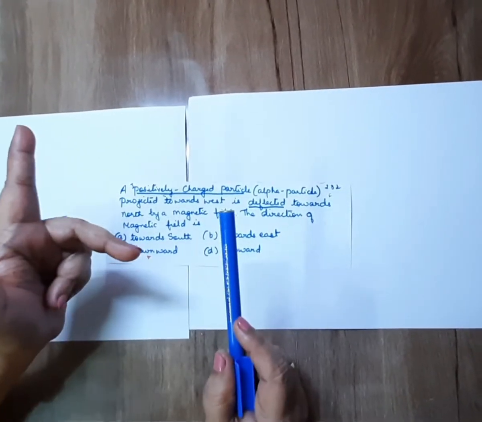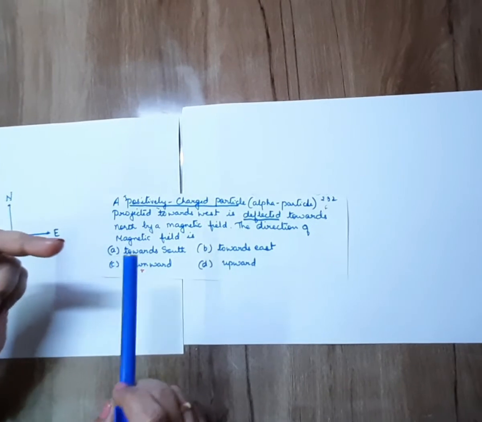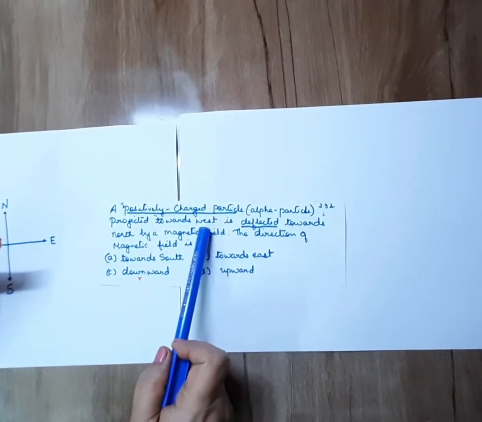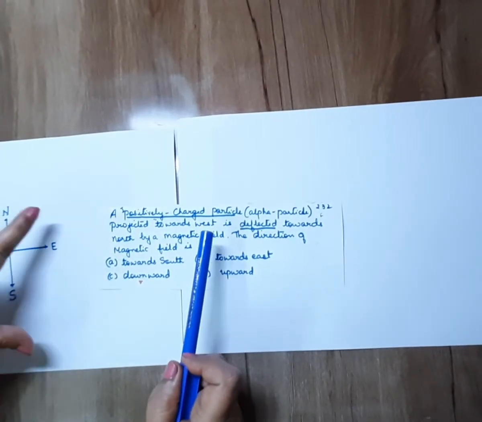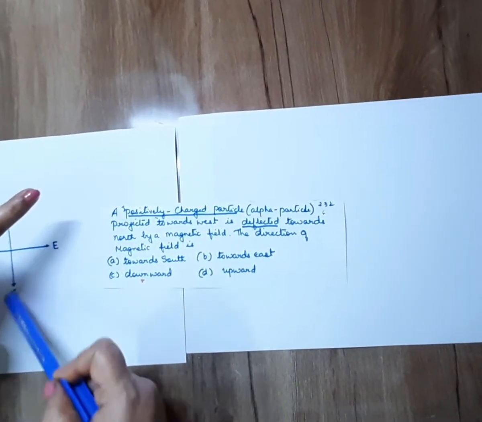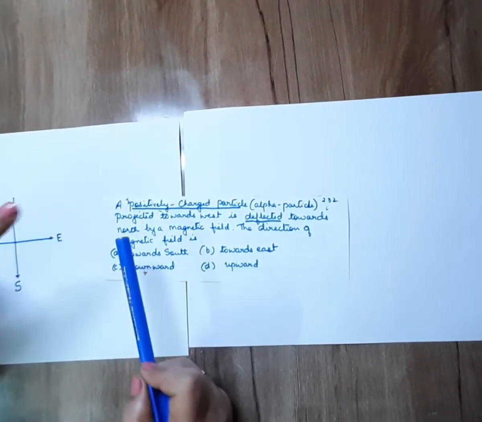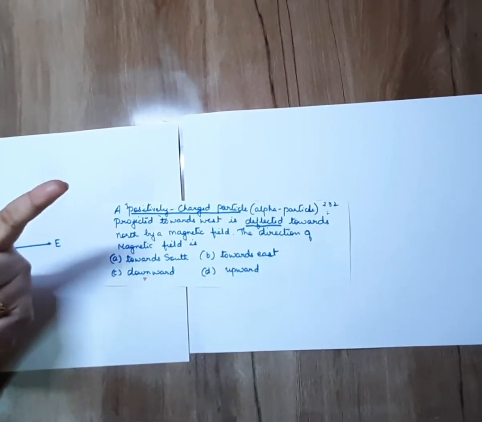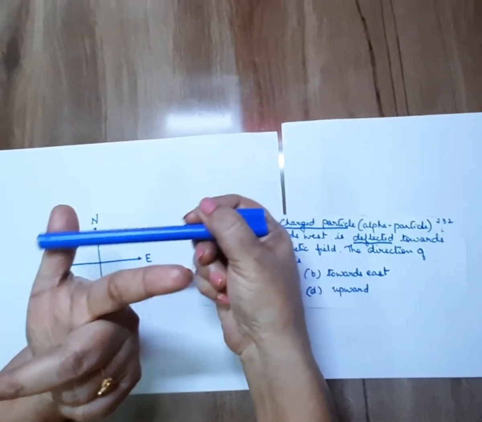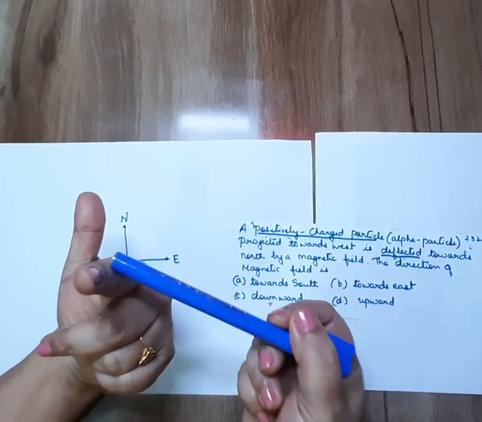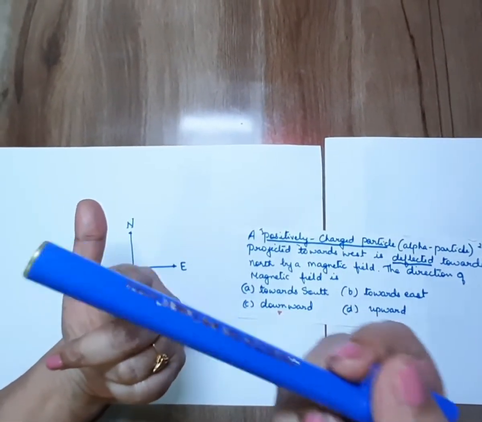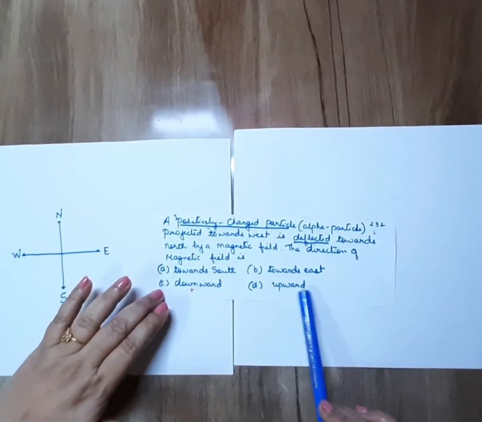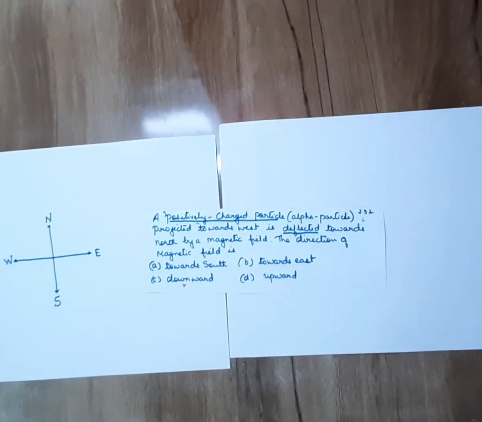So hold it in a neutral position first. Now this is pointing towards east, but we want it towards west. If I turn this way, see, this force is towards south. We need it towards north, so I will turn this way. So this is the proton current and this is the force towards north. Look at the magnetic field. It will point upward. So the answer for this will be upward direction.